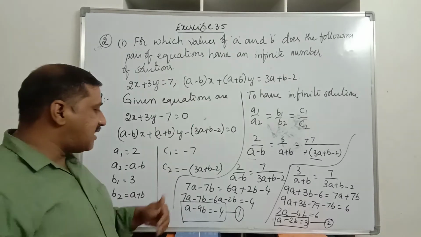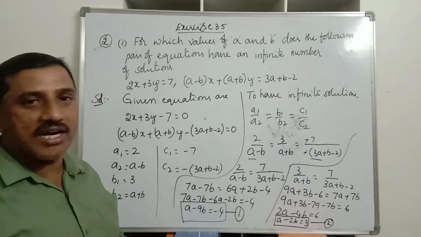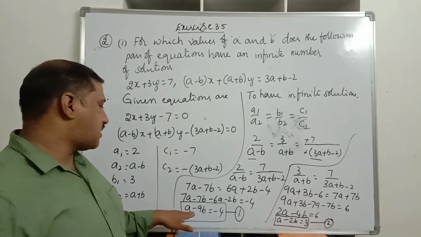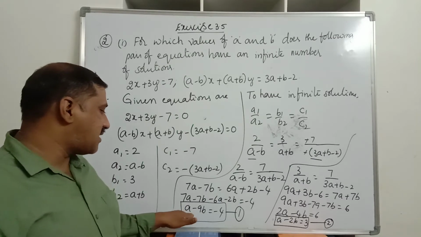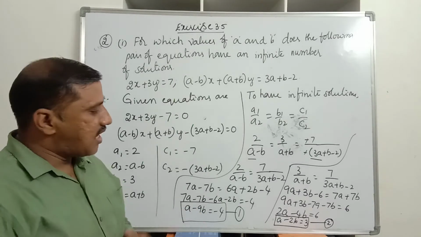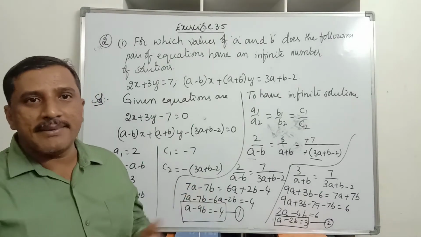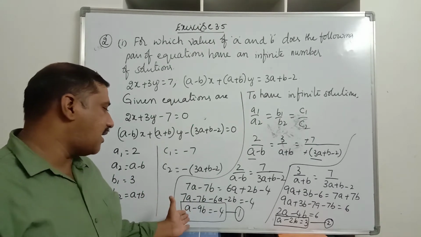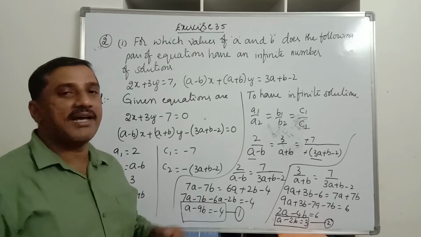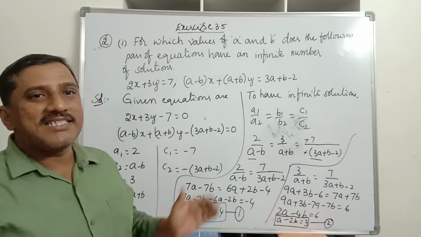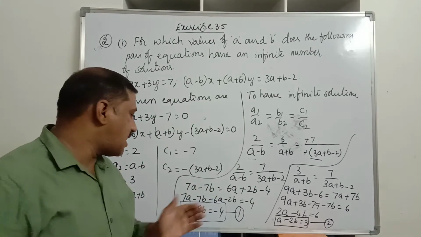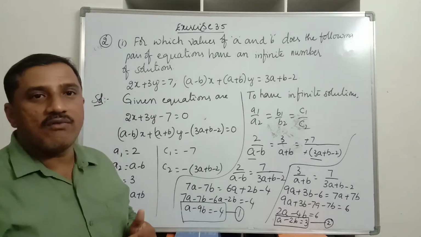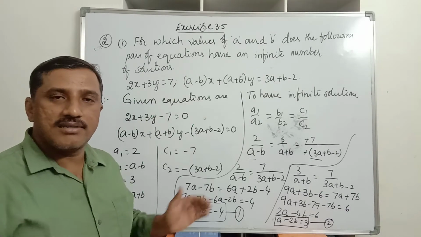Now for solving these two equations, equation 1 and equation 2, what type of equations are they? They are linear equations. Which method can we use? Any of the 3 methods we can use here. If you observe, the coefficients of a are the same, plus a and plus a. So what to do? By subtracting these two equations, we can find the a value and the b value. Is it clear, children?